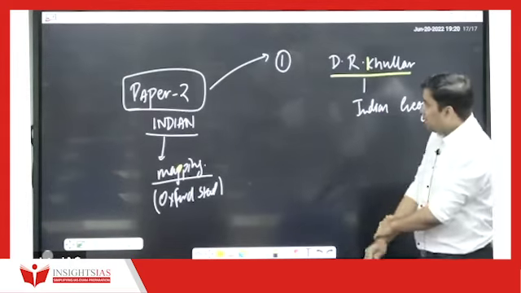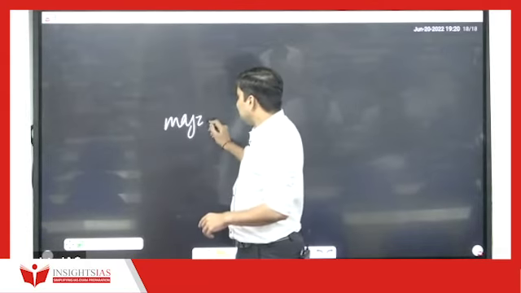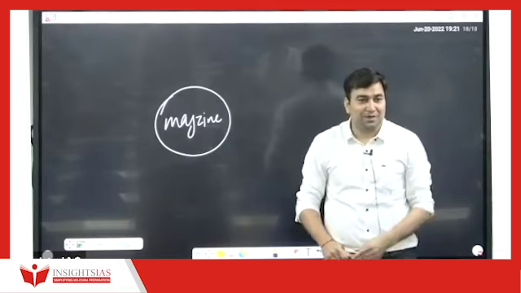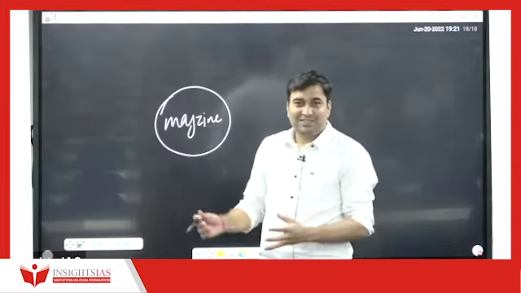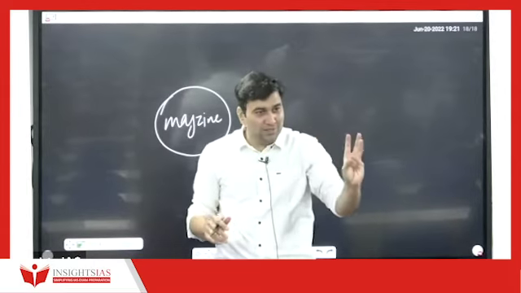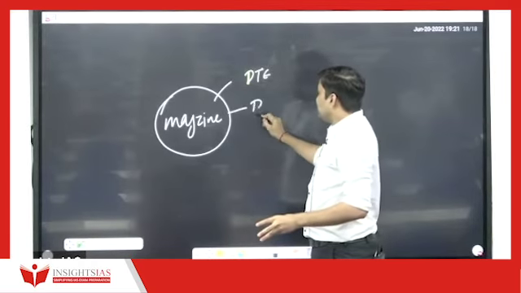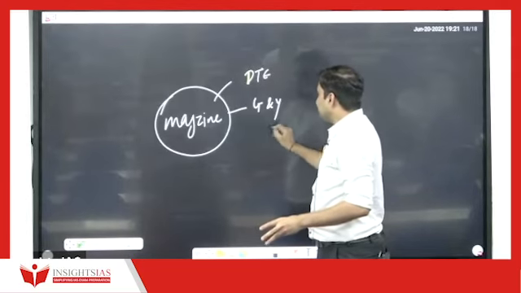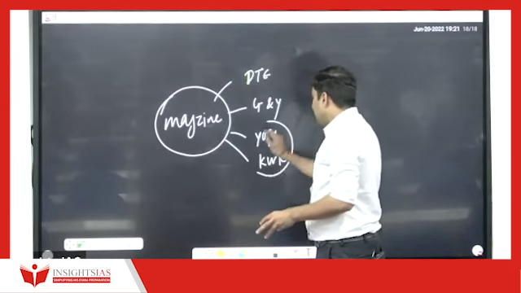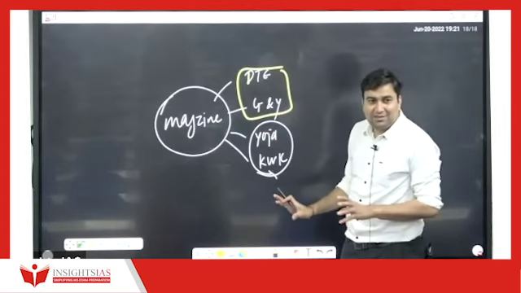Is it clear? Now, other than this, one of the students was asking what are the different magazines that one should refer. Now, the magazine part is a value addition part. It's just like icing on the cake. First let the cake be made, right? First of all, Down to Earth. You have Down to Earth magazine, important for geography. Then Geography and You, Yojana and Kurukshetra. Of these, the most important are these two. These two are also important, but do not purchase anything. Is it clear?